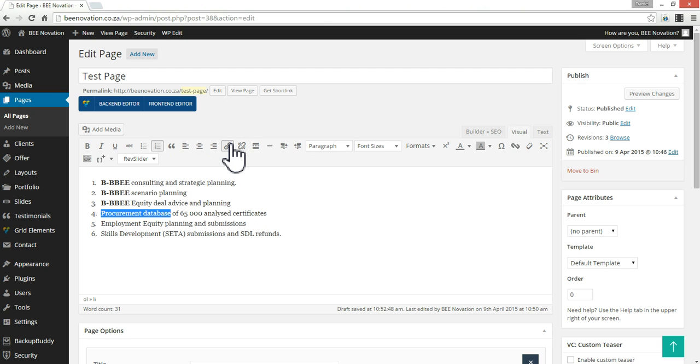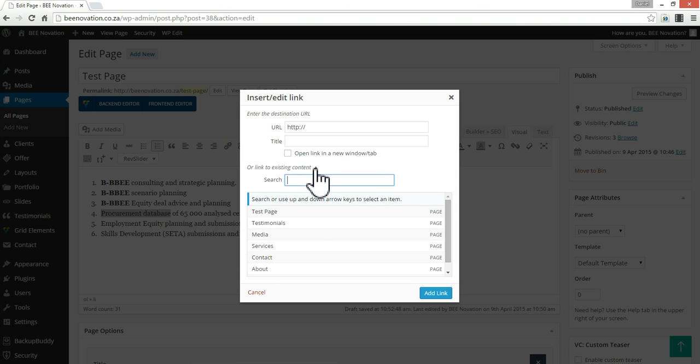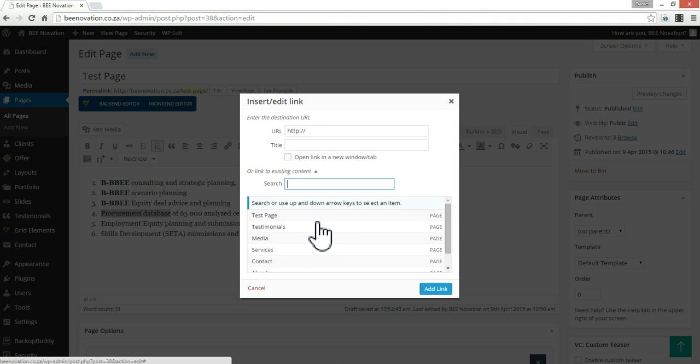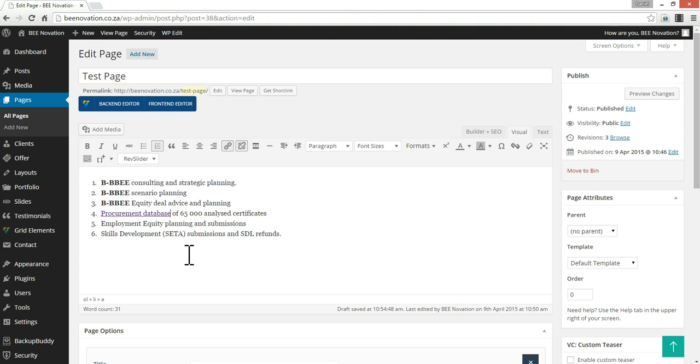So highlight the text, click on the link button, and I want it to link to, the easiest way to do this is to click on this drop down icon, and I want to link it to the services page. So I'll add the link,